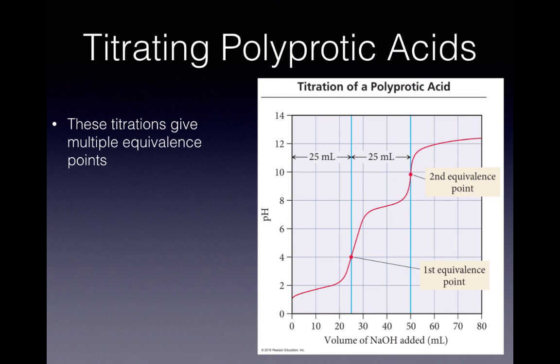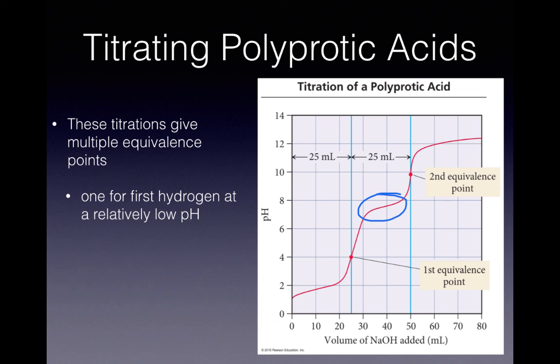You may notice that that first one, which happens at a relatively low pH compared to the second one, is not as well defined as what we've seen in the past. And this is just because you've got other reactions taking place. You'll notice that rise in pH isn't quite as dramatic as what we've seen for a monoprotic acid. And then once that first titration is finished, it goes back into another buffer region